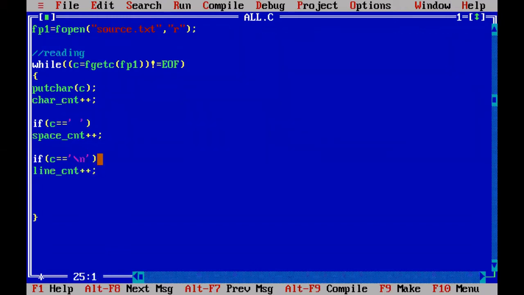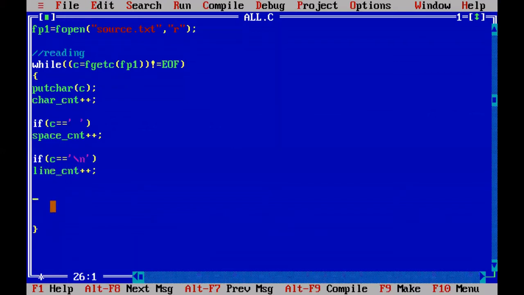So how many times is the line count incremented? How many times the character is equal to the new line character. Wherever a new line character is present, at that time we are going to increment the line count plus plus. So after the completion of the while loop repetitions, if you print the line count, you will know exactly how many new lines there are.